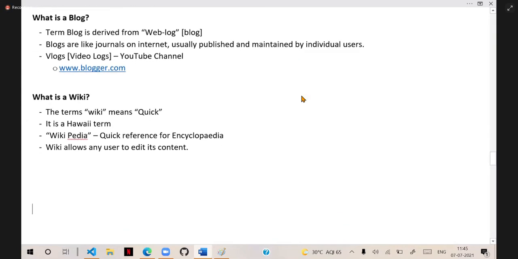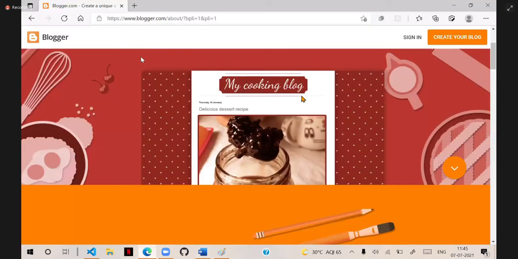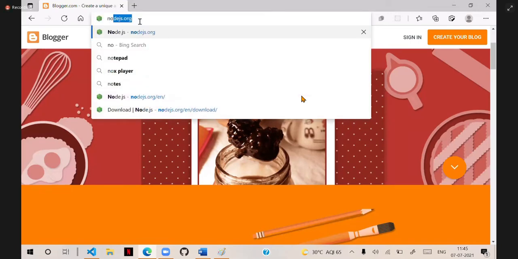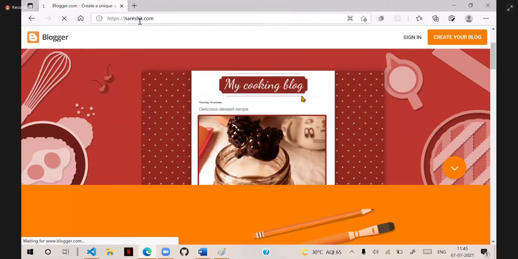That means you have to design wikis also on the internet. It's not only websites, web applications, blogs. On the internet, we have wikis. Wiki means quick. I will show one example. For example, you have Wikipedia. Suppose I open nareshit.com.